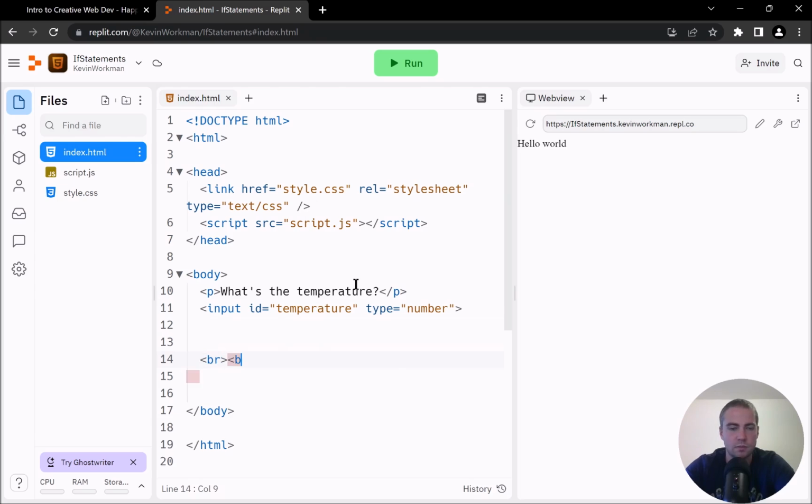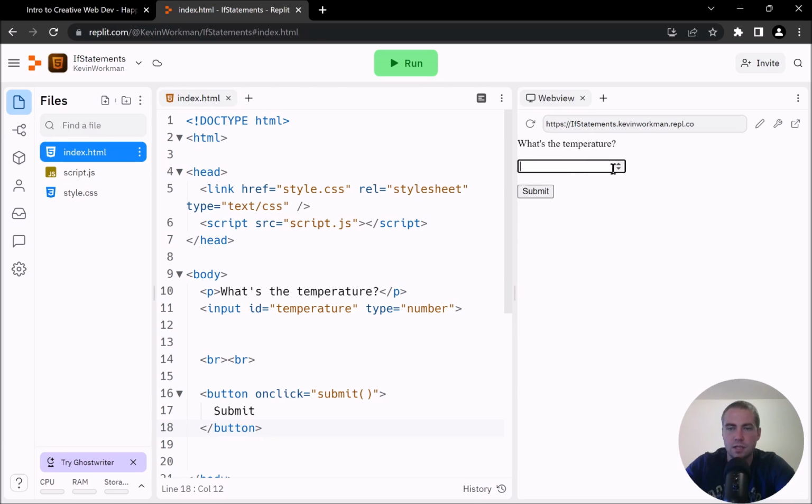So I'll put some new lines here, and I'll say button onclick equals submit for now. Okay, so now I've got my HTML. I'm going to save this and run it. I've got what's the temperature and an input here where I can enter a number, and then a submit button. Right now the submit button doesn't actually do anything